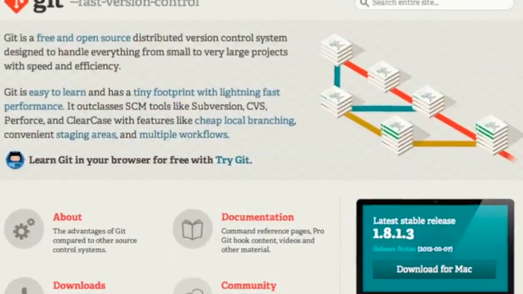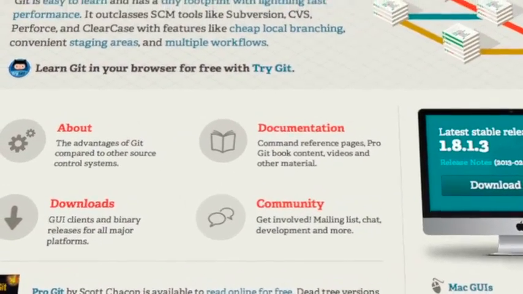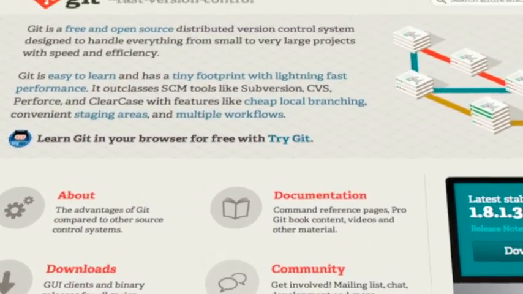In this series, Blake and I are going to be talking all about Git, which is a version control system. Git is what Drupal.org uses to track all of the source code for Drupal core and all the modules that you download. We're going to talk a lot about how the Git software works and how you can use it